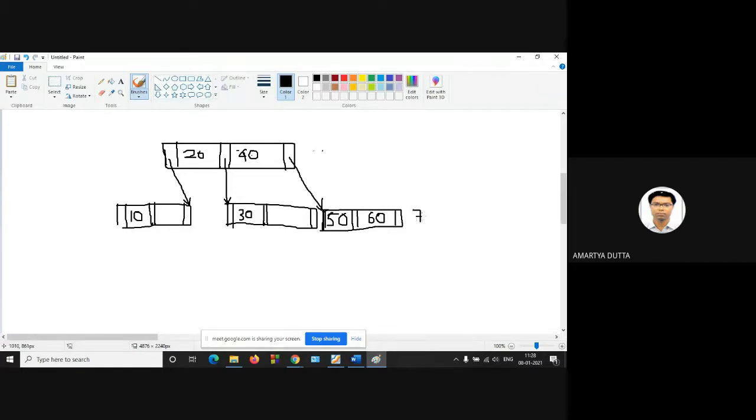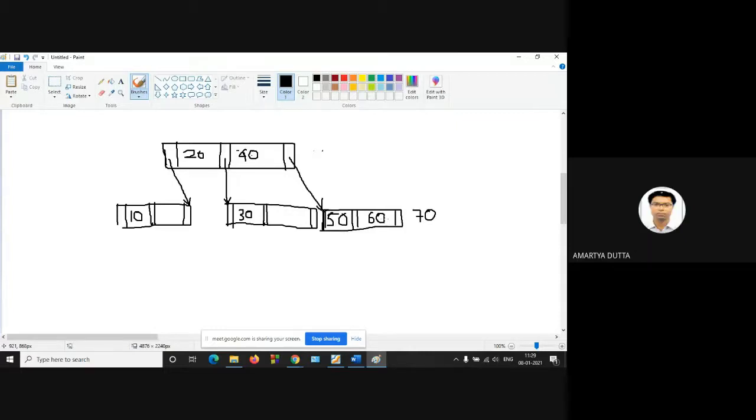Anyone please? 70, this is 70. Any idea? স্যার ওই রুটটাও উপরে শিফট হবে, 70টা ওখানে গিয়ে 40 রুট হয়ে যাবে আর 20 রুটের লেফটে চলে আসবে।